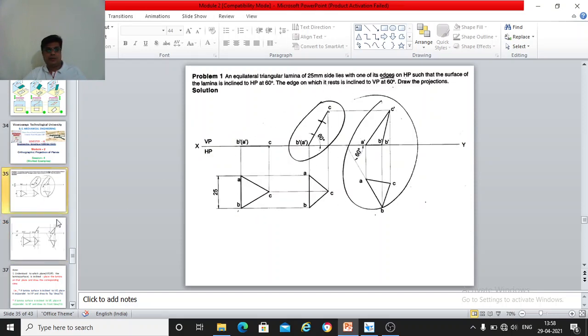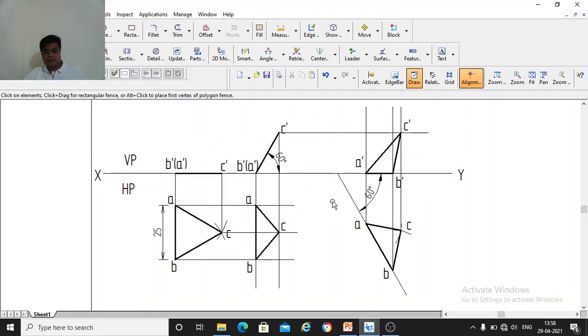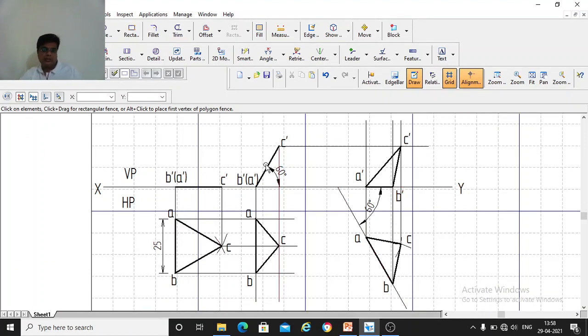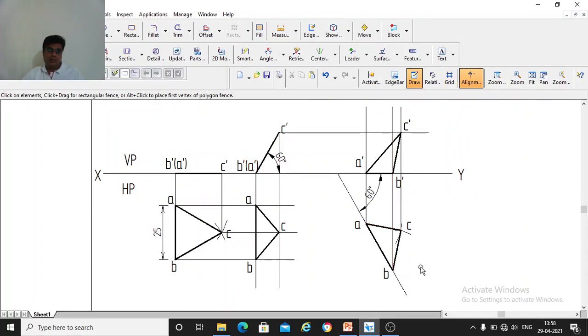The same thing you have drawn here. So if I put it in your drawing sheet, it looks like this. So in your drawing sheet, the grid lines are shown. So you can draw it on the lines, or you can draw it on this drawing sheet, wherever you want. It looks like this. So this XY line you can draw on this line, so that it looks neat. Some of the lines will not be visible. They will be overlapping. But anyway, that's not a problem. So draw it on the drawing sheet neatly and clearly.